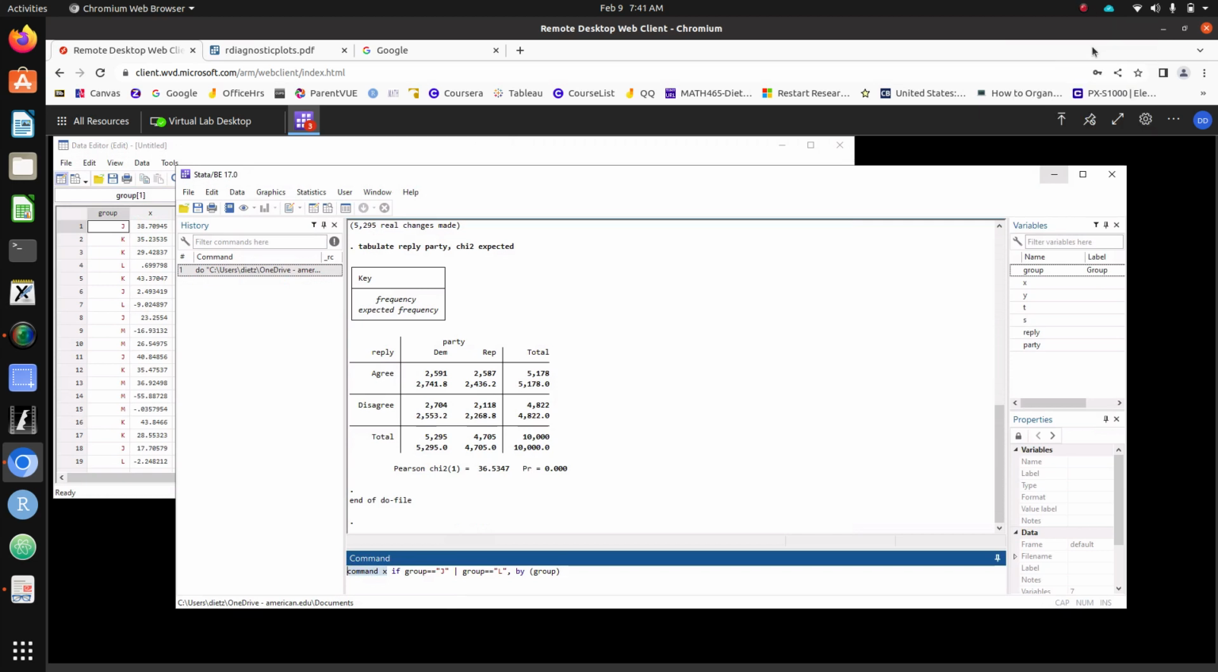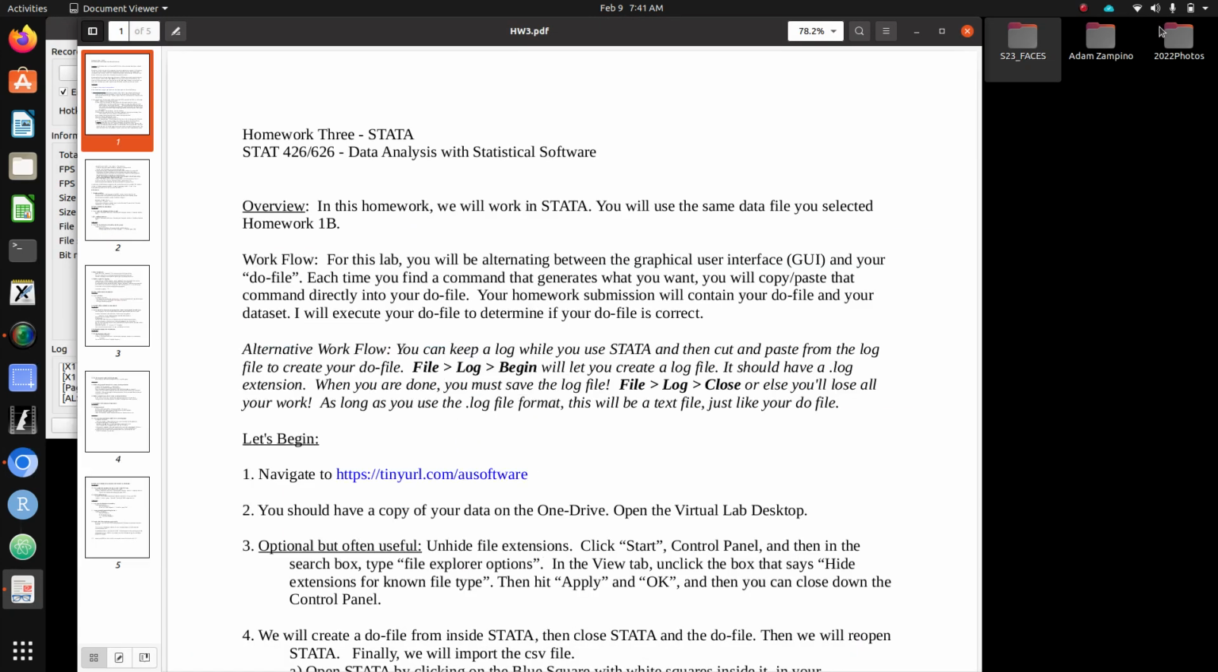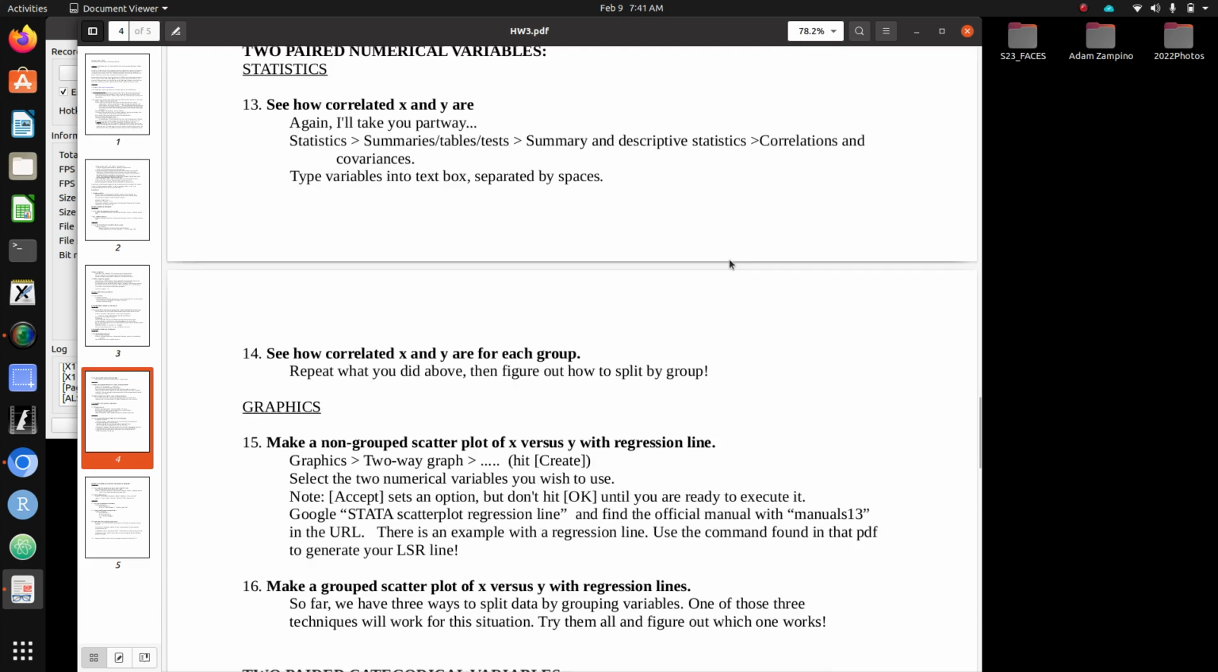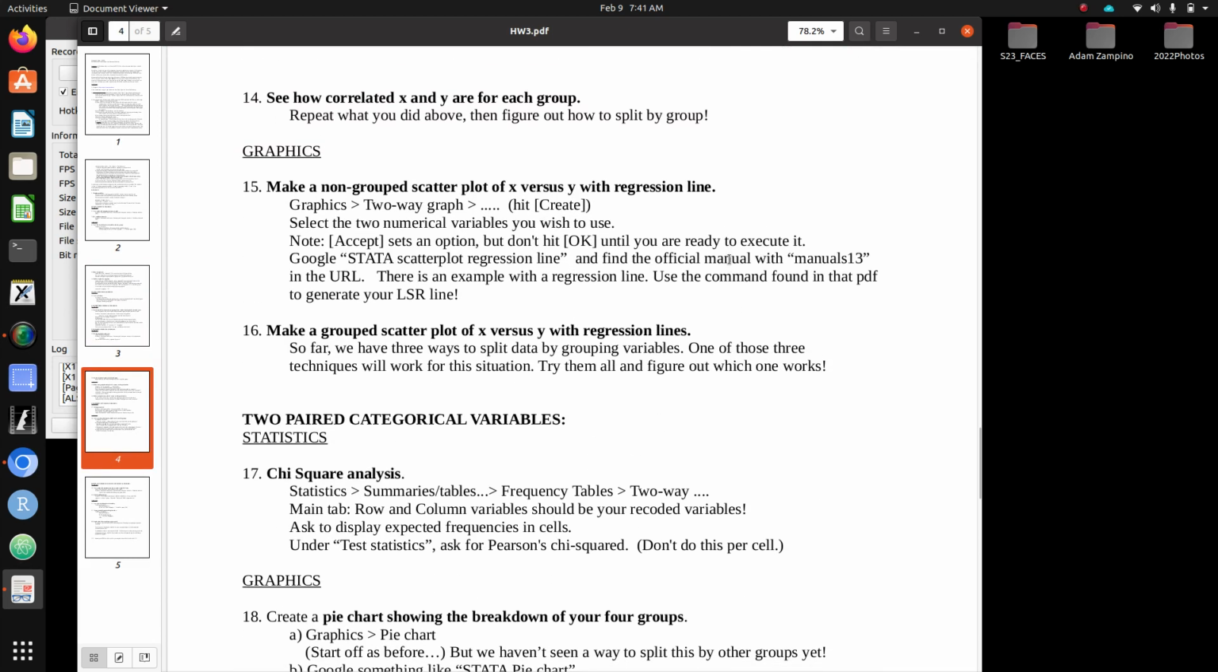Also in step 14, I ask you to figure out how to split by group. And in 16, I ask you to figure out how to split by group. And the reason is that by the time we get down here, you've seen all the techniques that might work for these situations. There's basically three different techniques we have for splitting the data by group. Remember back in SPSS we had to split the data, run the test, and then unsplit the data. So you don't have to do that here in